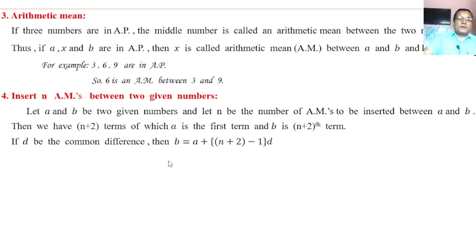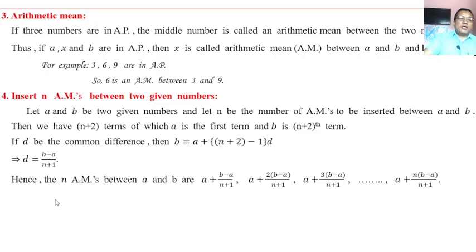Let D be the common difference, then the last term b is equal to the first term plus the number of terms n plus 2 minus 1 times D. Simplifying, we get D equal to (b minus a) divided by (n plus 1). Hence the n AMs between a and b are: